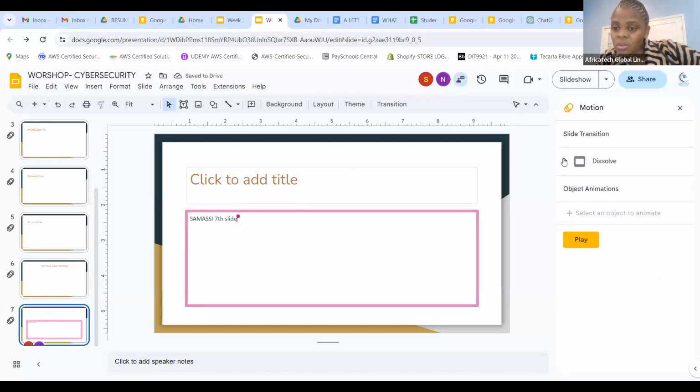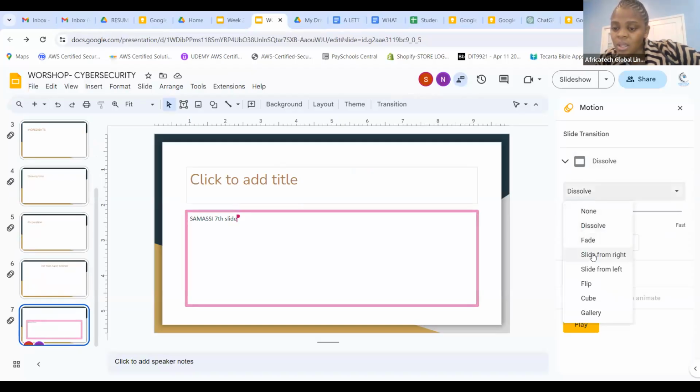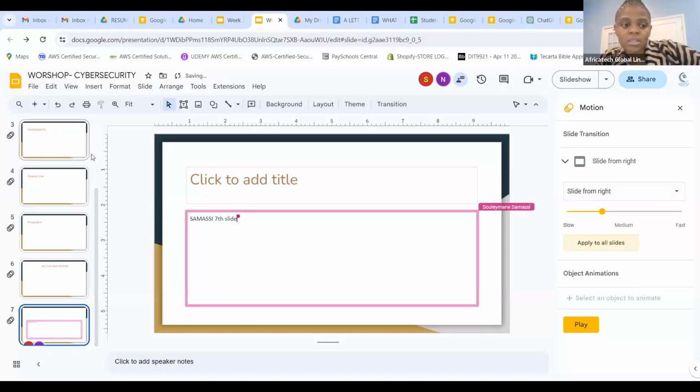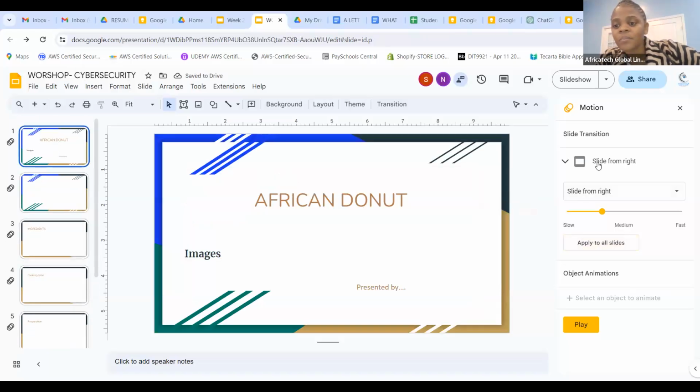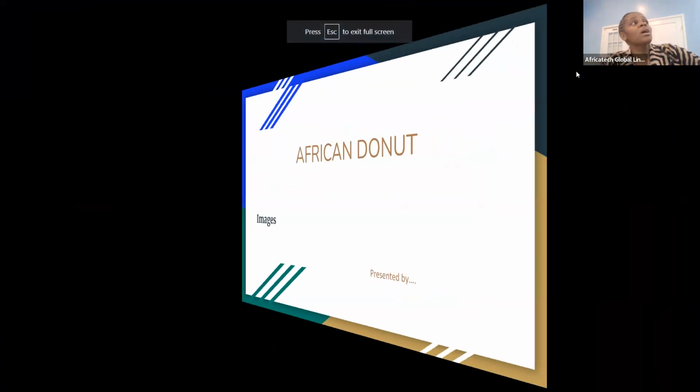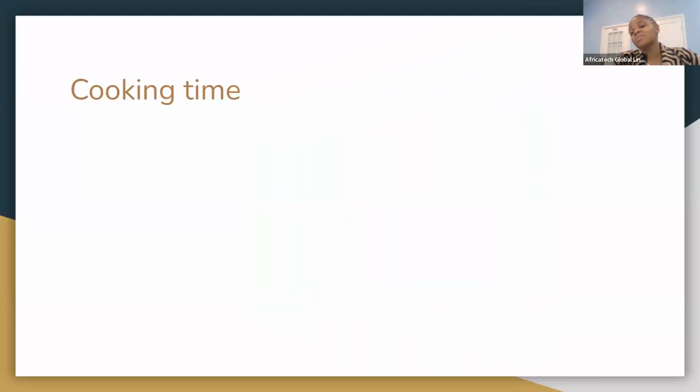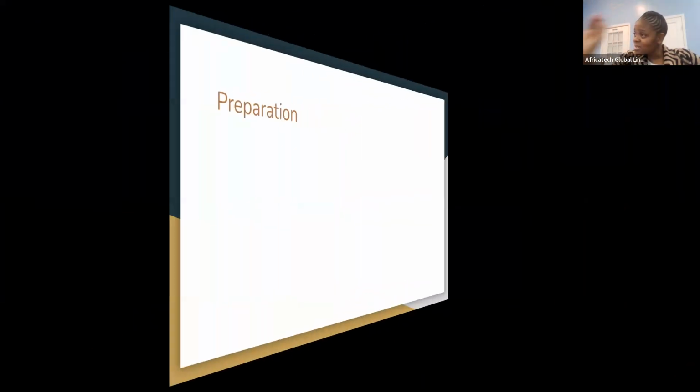Let's go. Let's try to see the slide. Okay, apply to all slides. Slide from right, slide from left, flip. Let's flip it. Apply to all slides. Let's see what it's doing here. Okay, look at my slide. You see, it looks good, right? Even if you are in the room, people are talking, just the way the animation is doing, like, what is that, you know? And I apply it to all slides, but you can make one slide this way and then the other one another way.